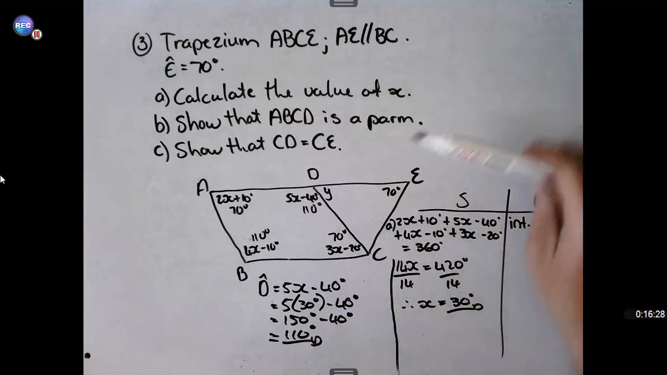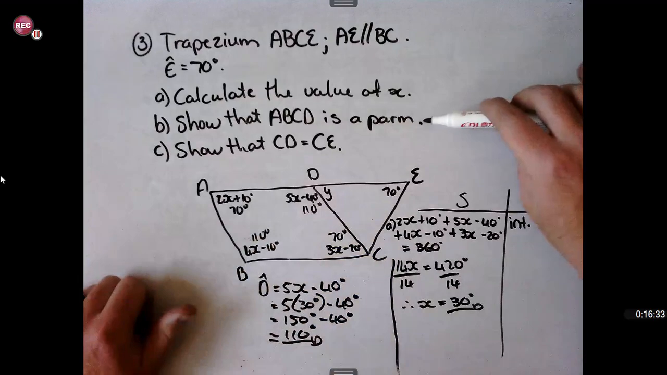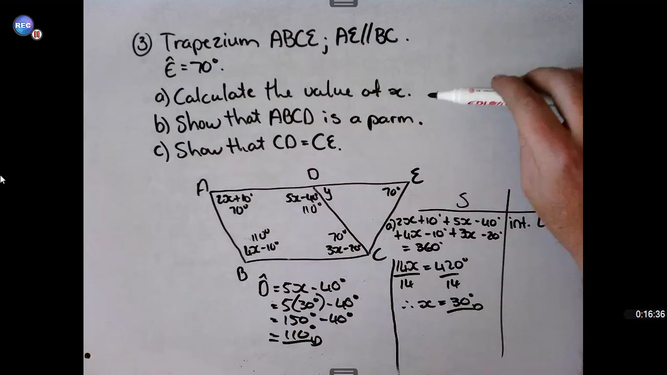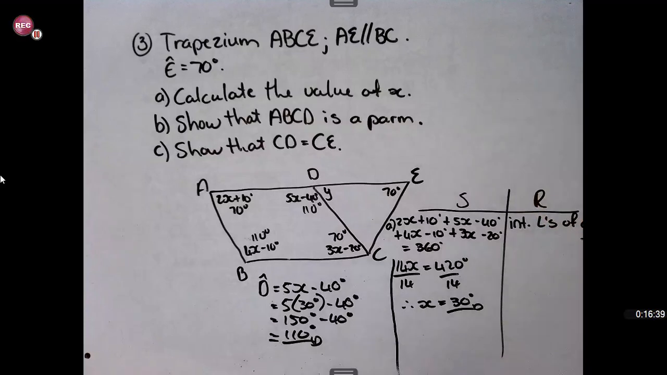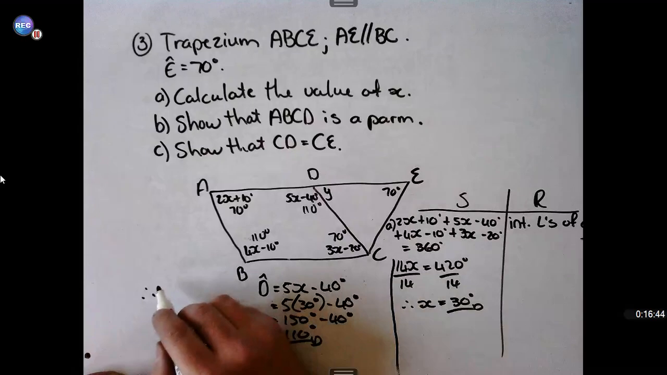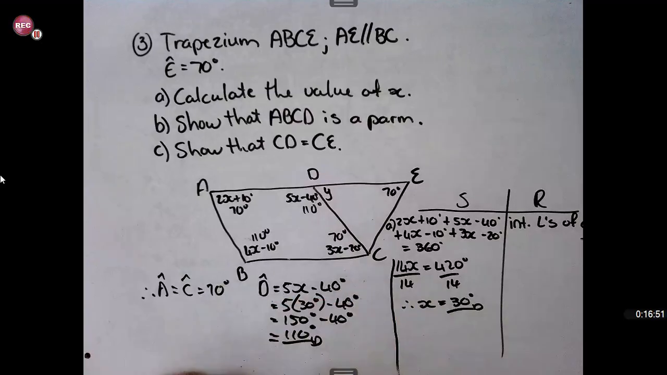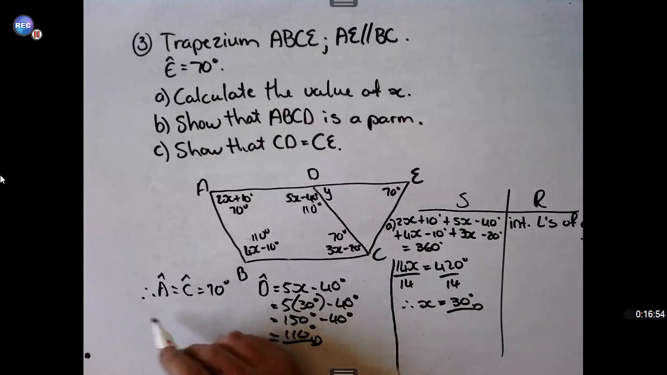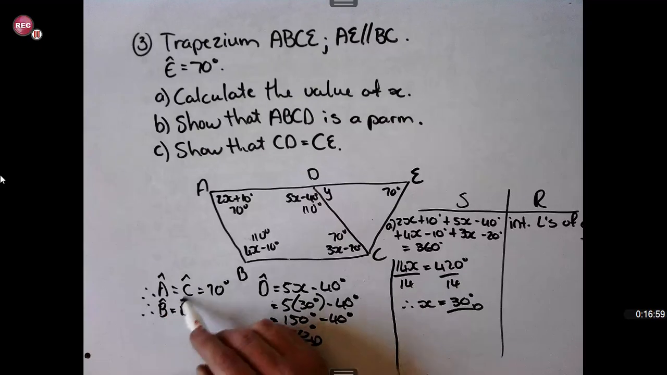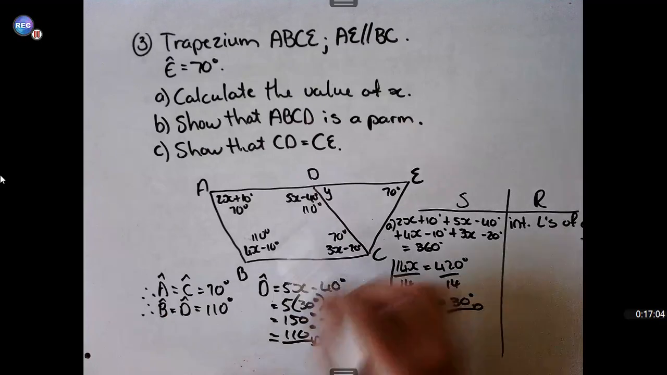So we had to go and calculate all these angles in order to prove that ABCD is in fact a parallelogram. And yes, it is a parallelogram due to the fact that angle A is equal to angle C, which is equal to 70 degrees, as well as angle B is equal to angle D, which is equal to 110 degrees. And because the opposite angles are equal,